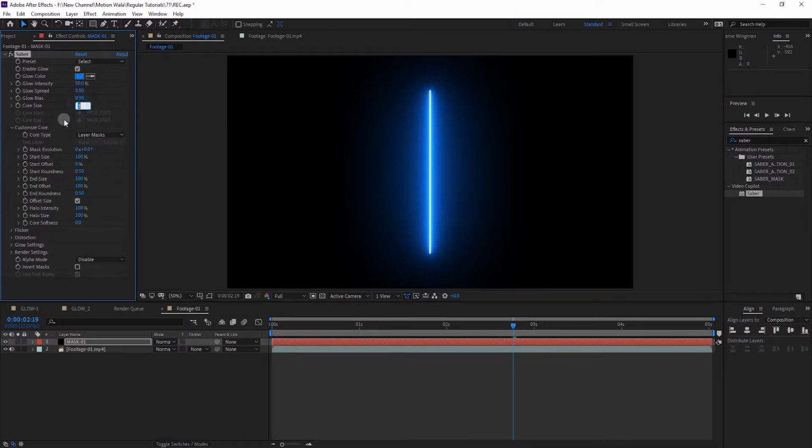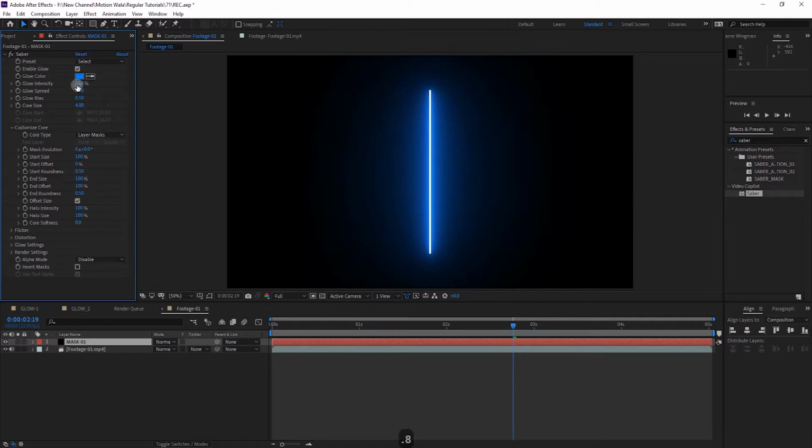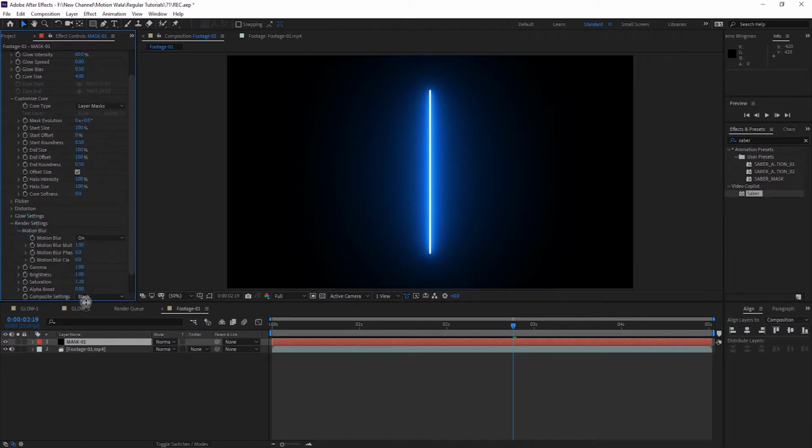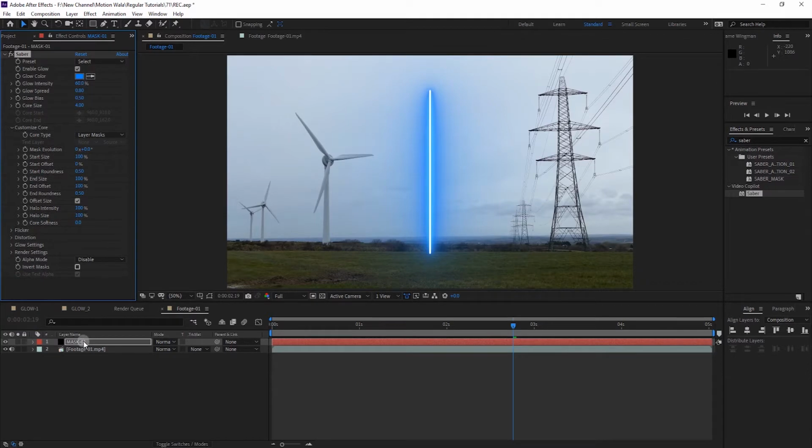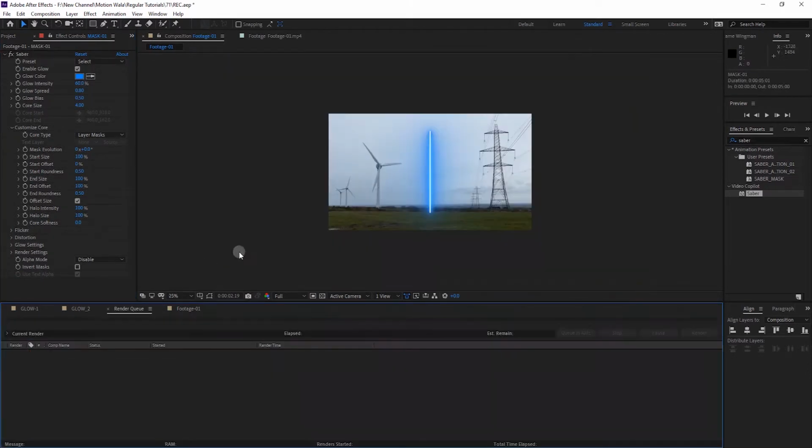You can change the core size to maybe 4, the core spread to 0.8 and the core intensity to around 60%, or we can tweak it later. Then go to Render, go to composite setting and change it to black to transparent. Now we have our Saber on a transparent layer.